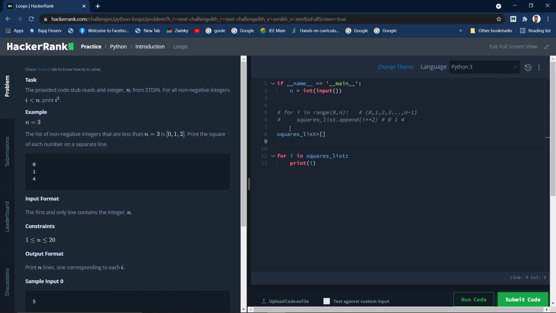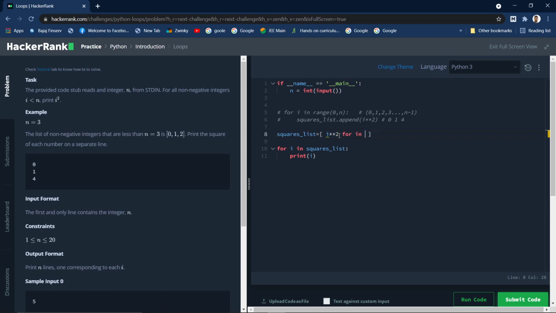In the list comprehension, first we write the items that need to be present in the new list. So the item is this one, the ones which we want in our squares list. And next comes the iteration: how do you get these? First is what is going to be in the new list, and next is the iteration.